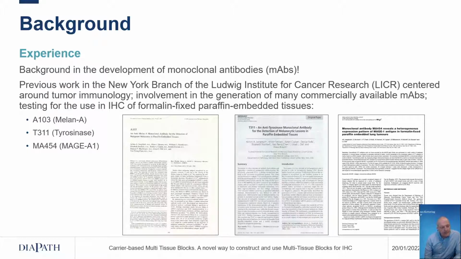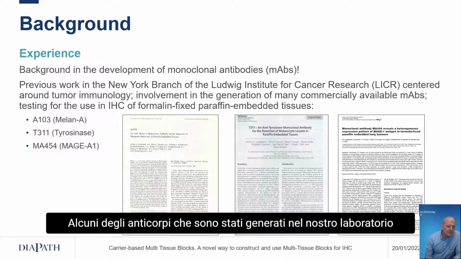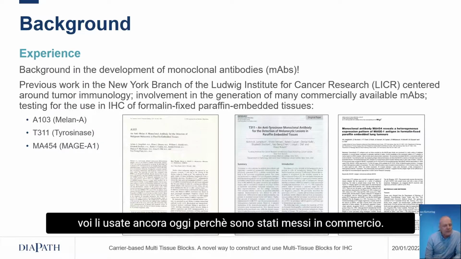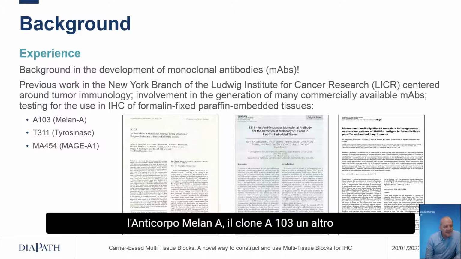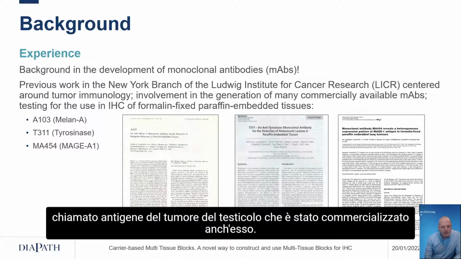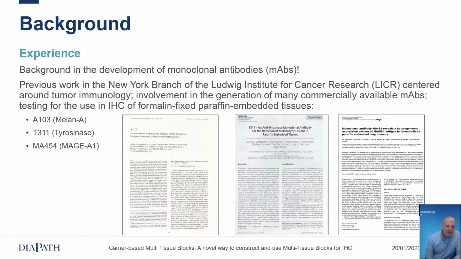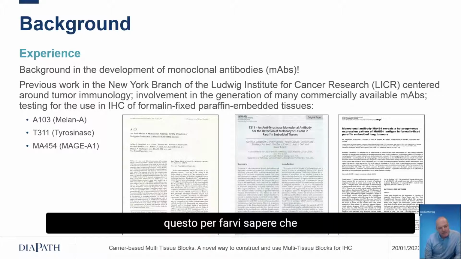Some of the antibodies that were generated in our lab you actually use because they have been commercialized. One of them is, for example, the Melan-A antibody, the clone A103. There's a tyrosinase antibody, T311. And there's one to a group of special antigens called cancer testis antigens that was also commercialized. There are many more antibodies that were commercialized, but I just want to let you know I have quite some